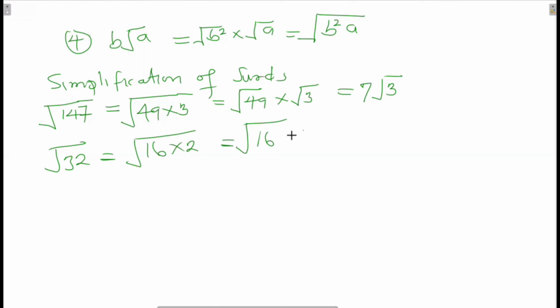So we say it's root 16 times root 2. And root 16 is 4. That means we have 4 root 2. Now, for somebody that wants to solve root 32 and he or she picks 8 times 4, that's a long process,